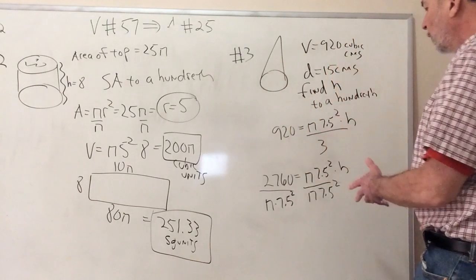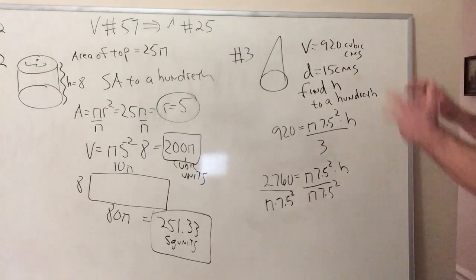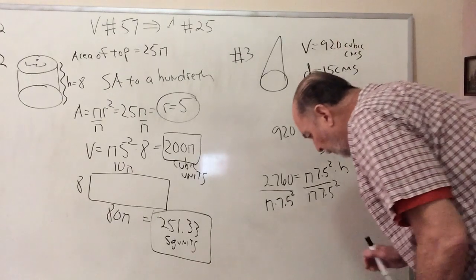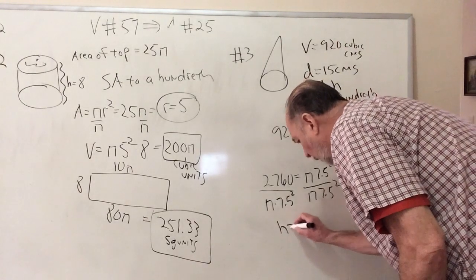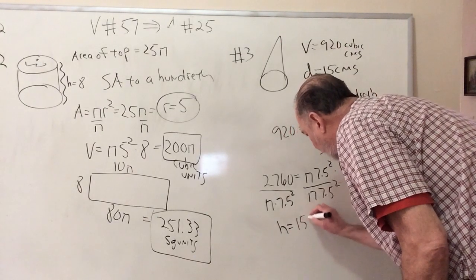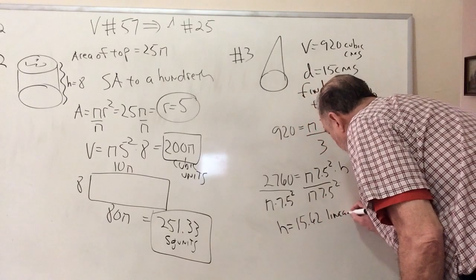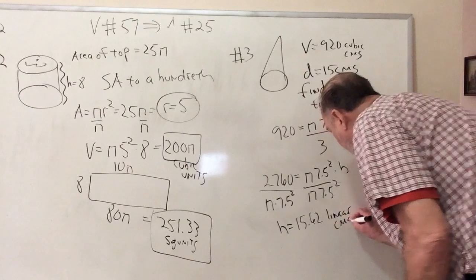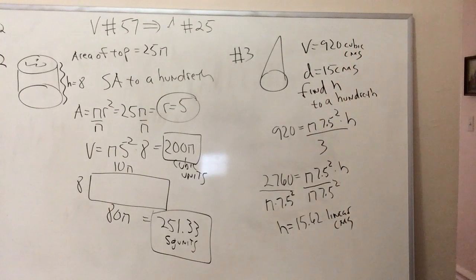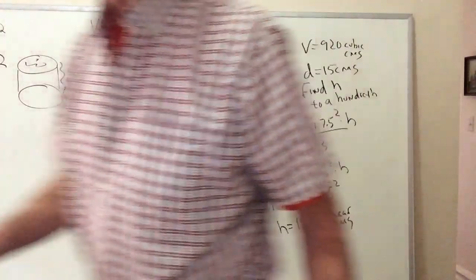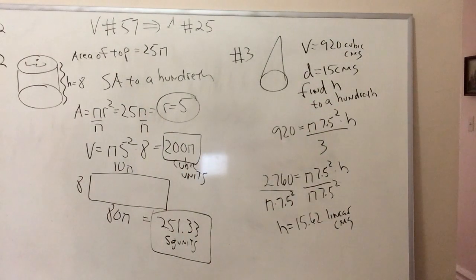So there's no square root here because h is linear. Only the r needs the radical. So when you put this in here, you come out to the hundredth, and you come up with 15.62 linear centimeters. And that should be good enough for most 8th graders, certainly good enough for the test that you're going to be taking. So let's stop here, and we'll move on with 4 and 5 in a couple of minutes